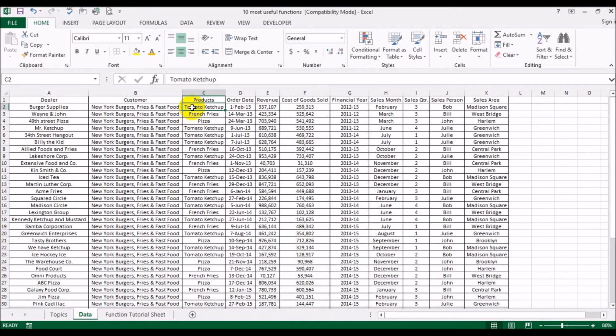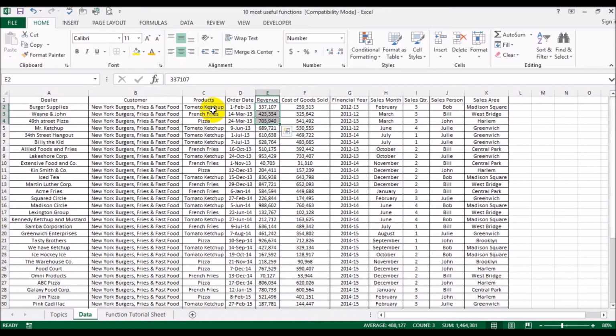Otherwise, if the product is not ketchup, take the revenue, add these three revenues up if all these three products were ketchup. Otherwise, just give a message that this is not. Otherwise, maybe what you could do is,